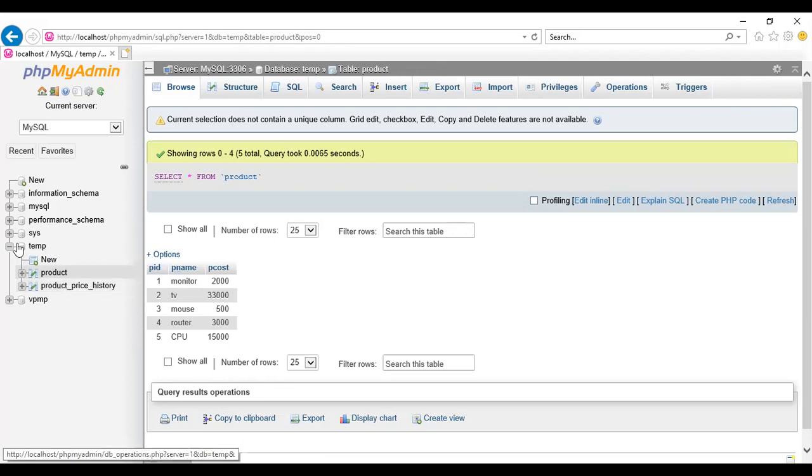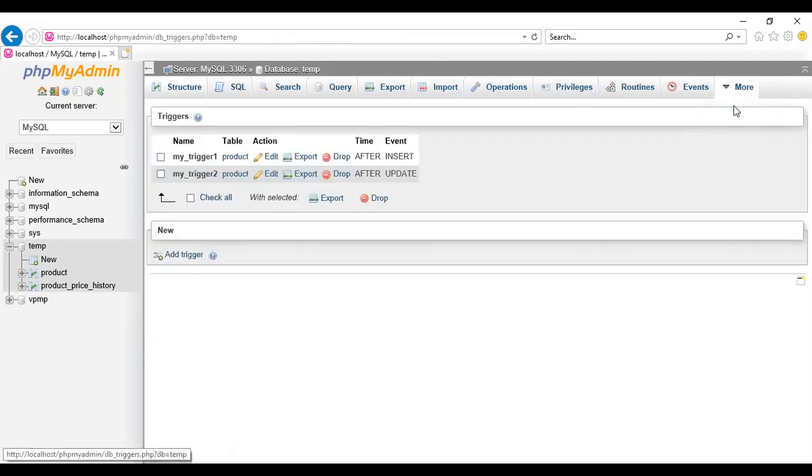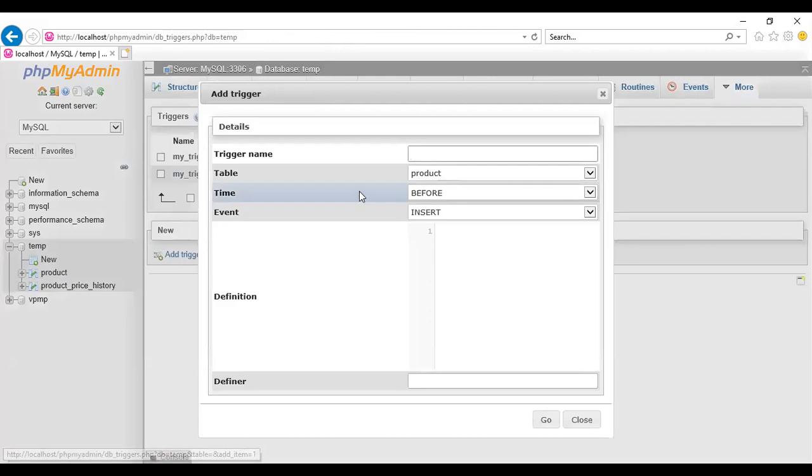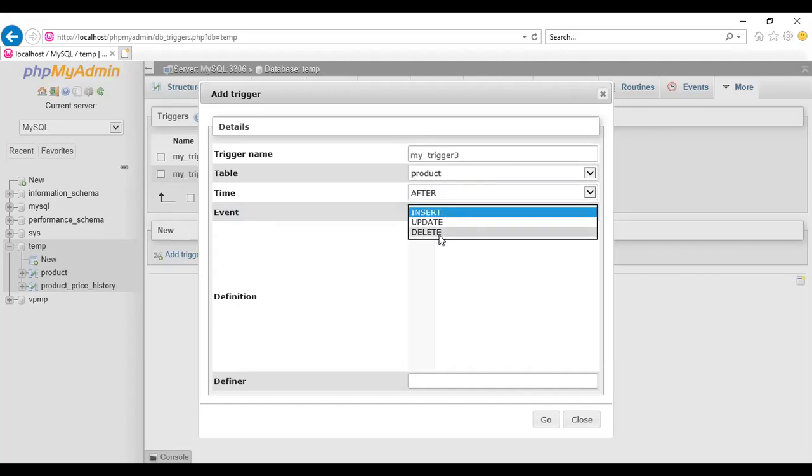So for that, create a new trigger. Select the database, select the trigger, add a trigger: my_trigger3, table product, after which event, the delete event.